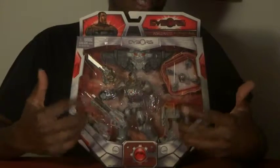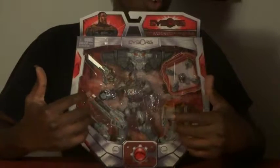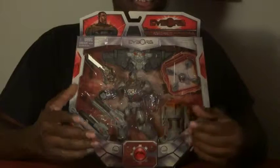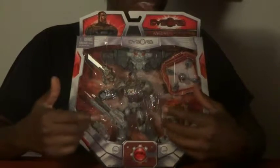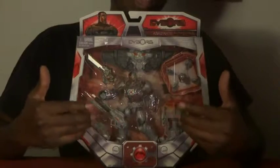DC Unlimited did not make a Cyborg when they had him at retail, and apparently this guy really fits in with that. So I have my DC Universe Classic Cyborg, but I want to update it. This is kind of like a New 52, and I do have all the other figures from DC Unlimited, New 52 style, and from what I'm seeing online and everything, he fits really well next to the shelves,